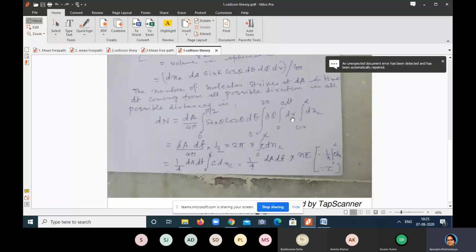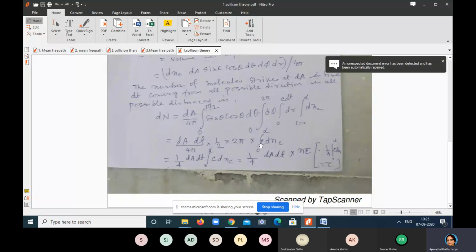The only interesting difference here is dr. We put dr as 0 to c dt. c dt has the dimension of length, so dr, coming with velocity c, is c into dt if dt is the interval of time. So we can find the values by just integrating all these things.